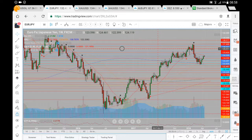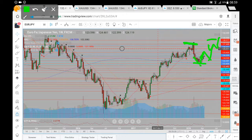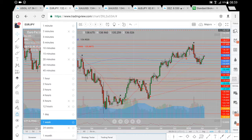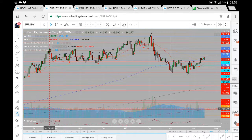The pullback looks a lot sharper on a weekly time frame. So we have our lows, higher low. Strong move here to the upside, sharp sell off back down towards this 200 period moving average here on the weekly time frame, from which we are seeing that bullish buy side momentum come into the market. So there remains a possibility of seeing a retracement before seeing the upwards continuation to retest our old highs here on the Euro Yen. And on the daily chart, we can see here